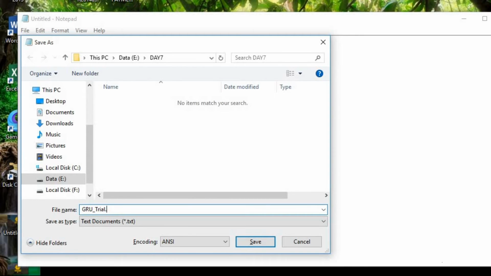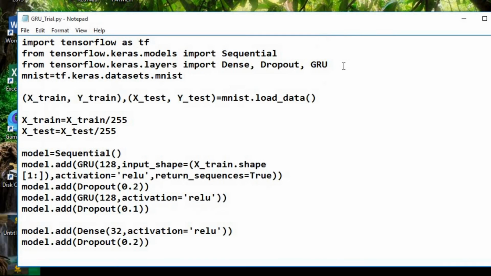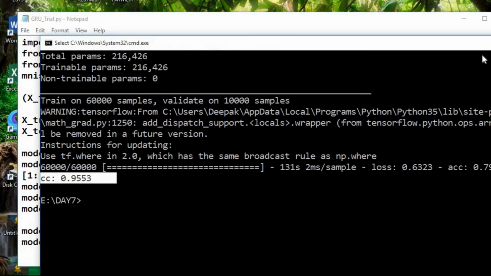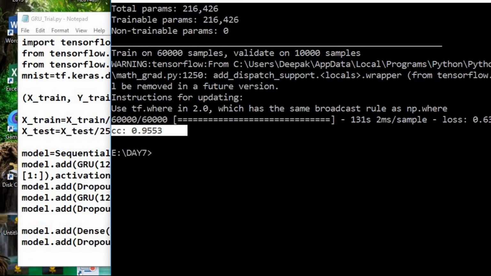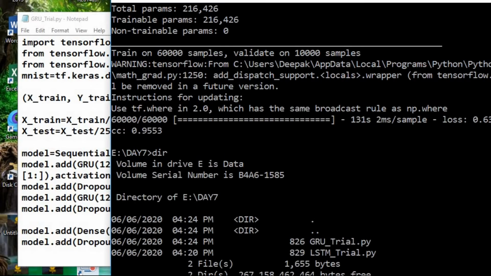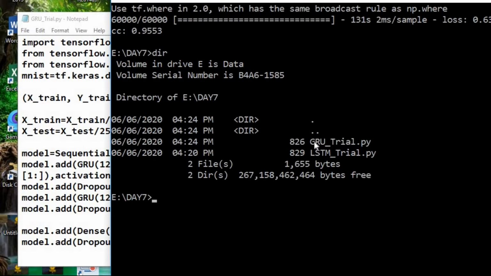Save the code as GRU trial.py and rerun it. Yes, these are the three places. We have to run this GRU trial.